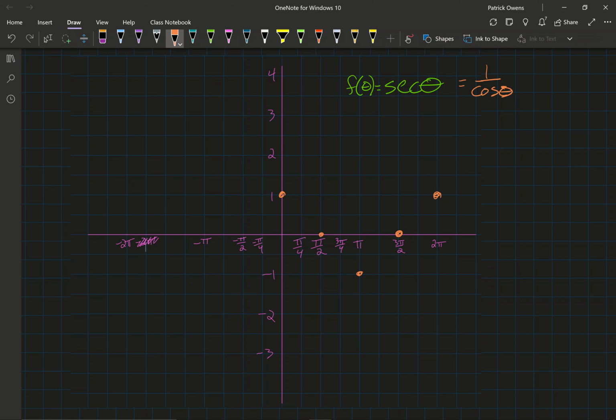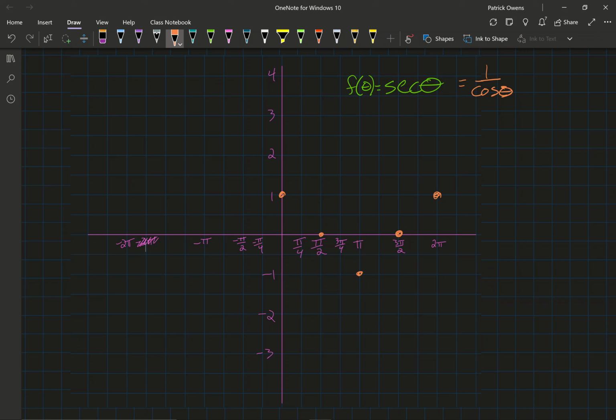Then, when we take the reciprocal of zeros, like at theta equals pi over 2, cosine of theta is equal to 0. When we take the reciprocal of that, we're dividing by 0. I'm not going to write it down. It's a little too dangerous. But it's going to be undefined. So secant is undefined at these points, and it's an essential discontinuity, which shows on the graph as a vertical